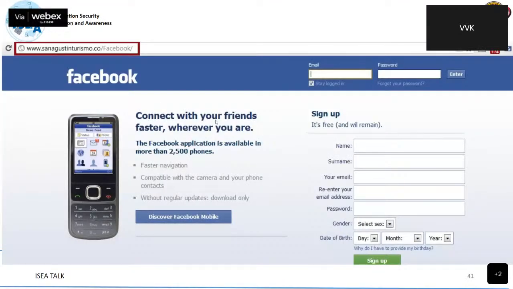You may get some clone page like this, and when you type username and password in a website which is not having the actual website name, and if there is no lock symbol, if there is no HTTPS prefix, then that means this is a fake website. When you type your username and password here, or mail ID and password here, somebody carries away that data.